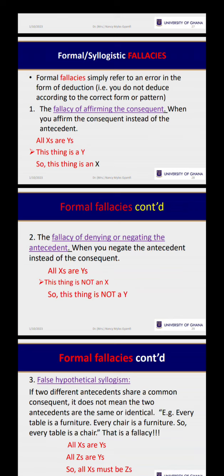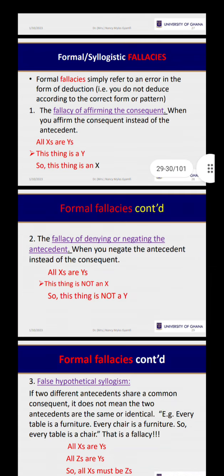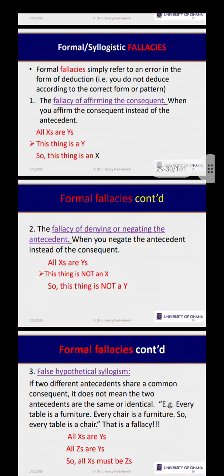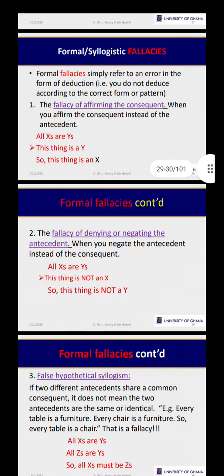We don't know the A, we don't know the B, so we use something to represent the A, and we use something to represent the B. So you say all men are caring. So the A becomes what? The men, and then the B becomes what? Caring. And here, the A in the syllogisms, the A always represents what? The antecedent. The A's are the antecedent, and the B's are what? The consequence. So the statement that comes first,